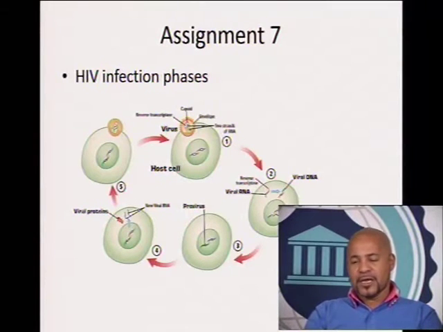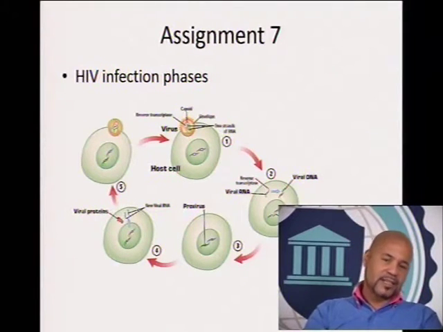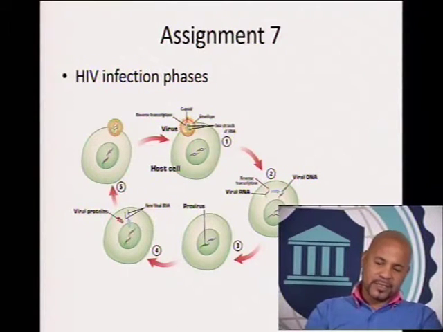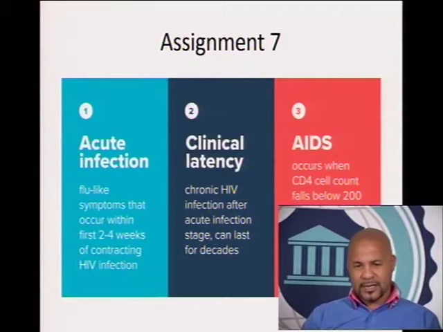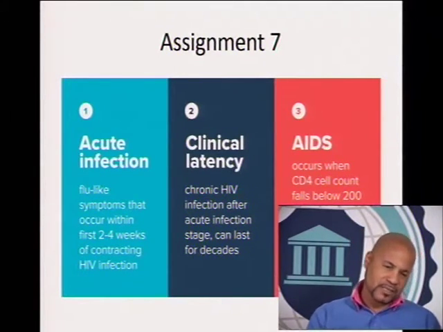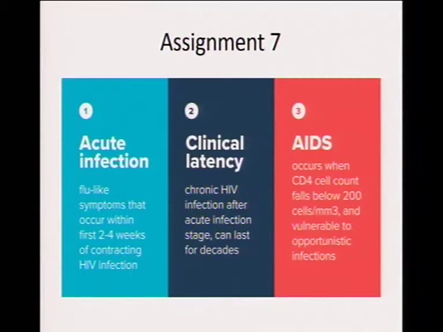And in your assignment, you have to discuss this in detail with practical examples and look at everything which is there. The last thing under assignment 7 is the stages. This is just a guide that I can give you. Normally there are 3 internationally recognized stages. Number 1 is the infection stage. The second one is the latency stage, where the HIV virus